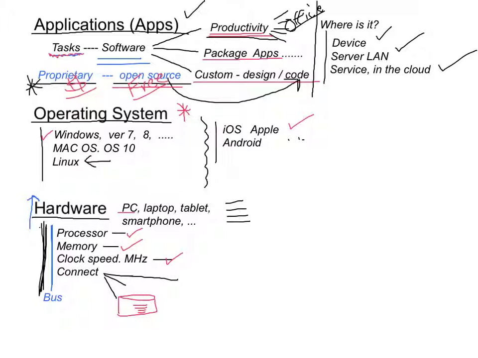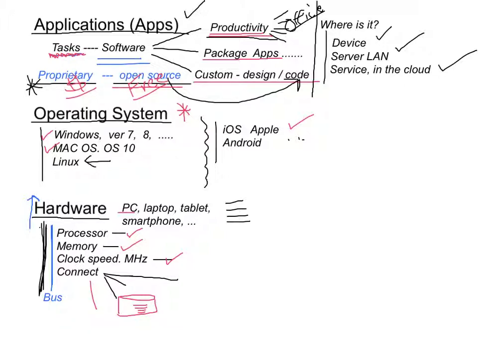Let's say you're doing lots of video editing and your camera has a FireWire, and so you're going to use some software to edit your video, and that software happens to have to run on a Mac. You know, there's tons of examples. So then your computer would need a FireWire connection right here in order to be able to connect your camera to your computer. So it all stems off of,